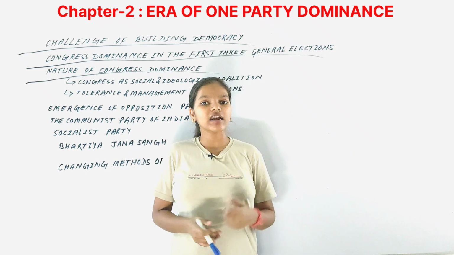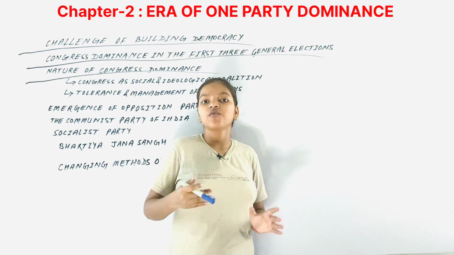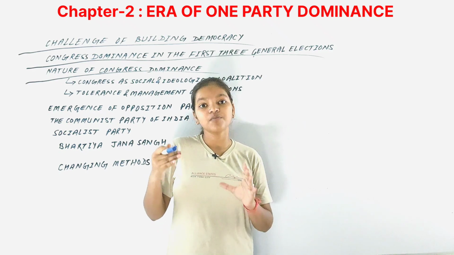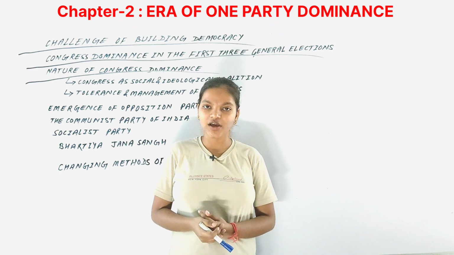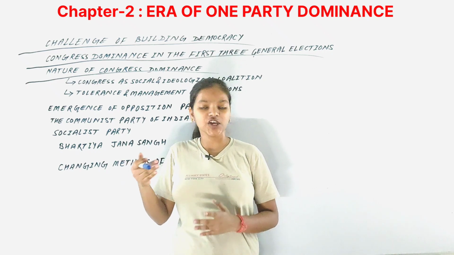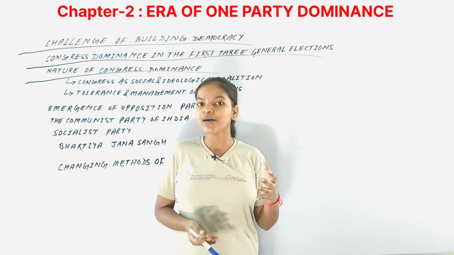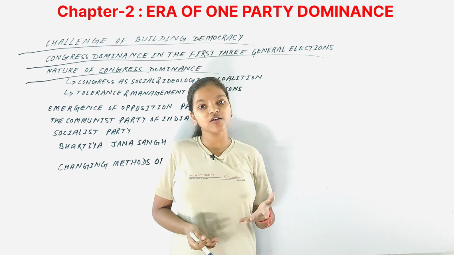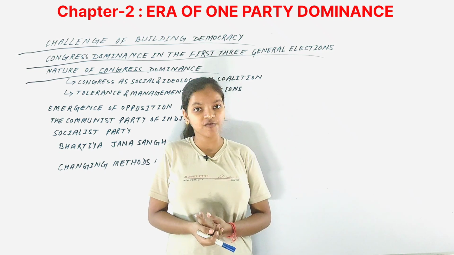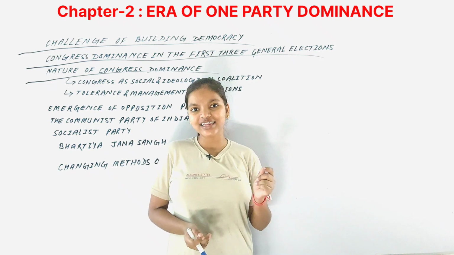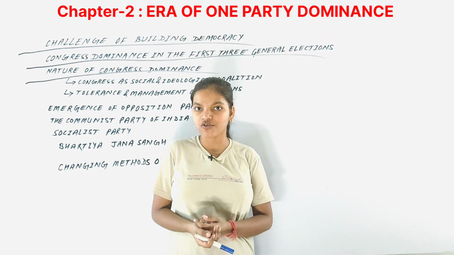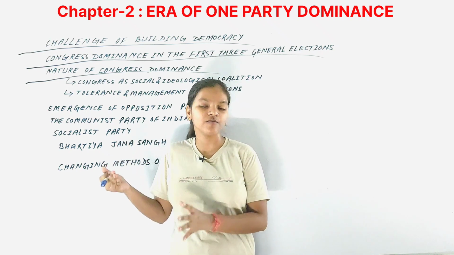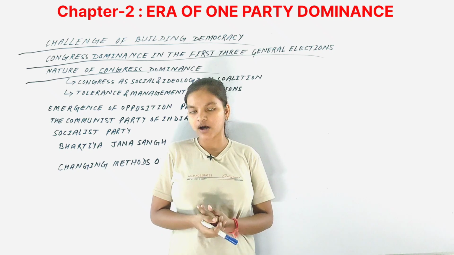Now, the second point that comes here is, even if it was through democratic processes, was democracy still being practiced in practical situations? What about the role of the opposition? Because we saw a large gap between the opposition and the ruling party. The Communist Party of India got 16 seats in the first general elections, while the Indian National Congress got 364 seats. Then wouldn't the opposition be very weak in the Lok Sabha?